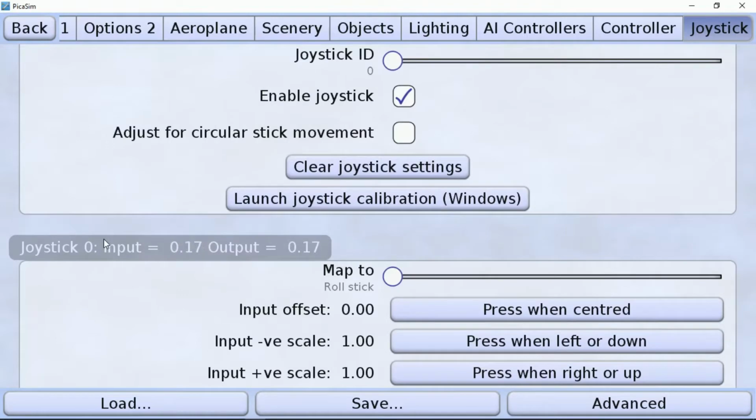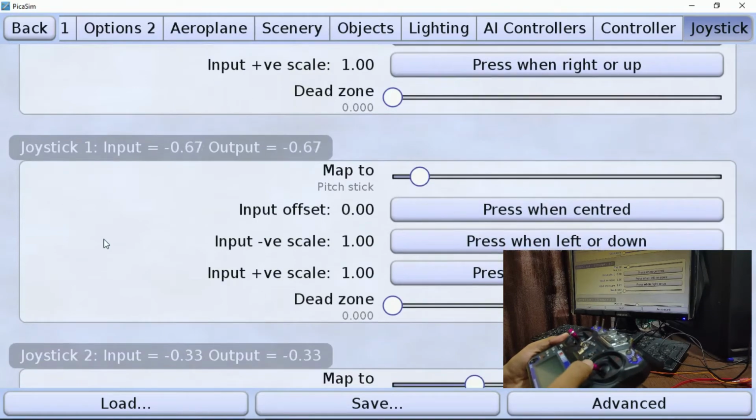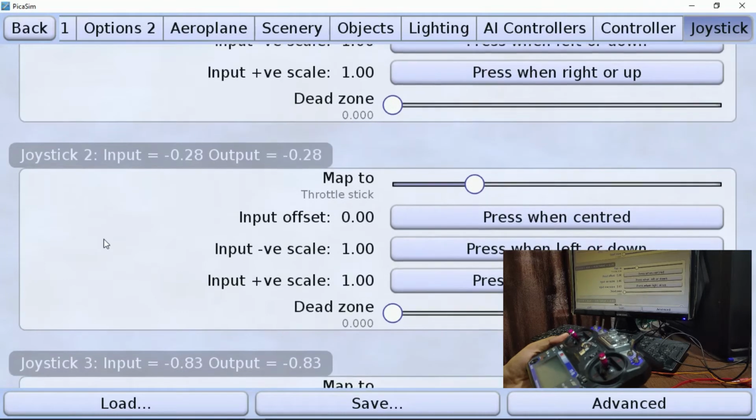As you can see, I'm moving joystick 0. So joystick 1 is mapped to pitch stick. Then joystick 2 is mapped to throttle stick.